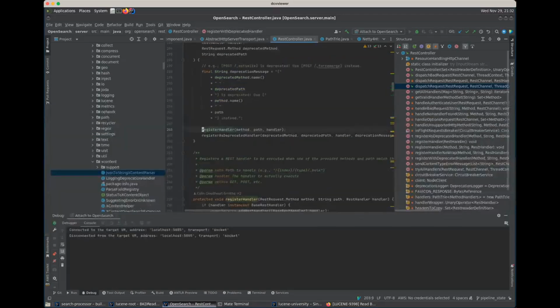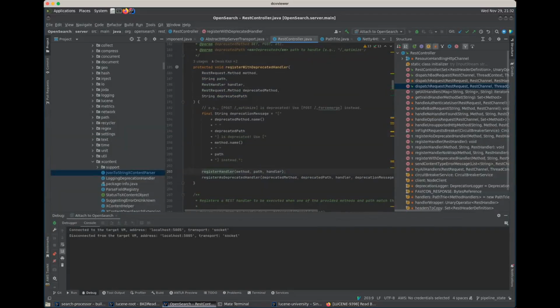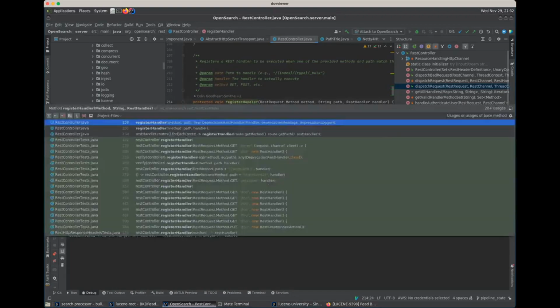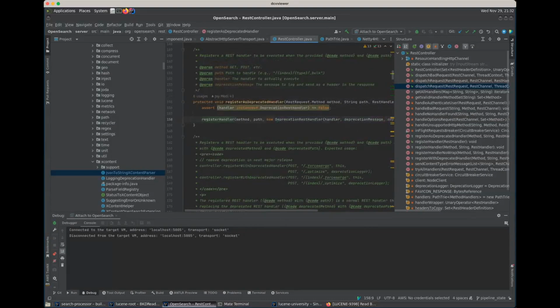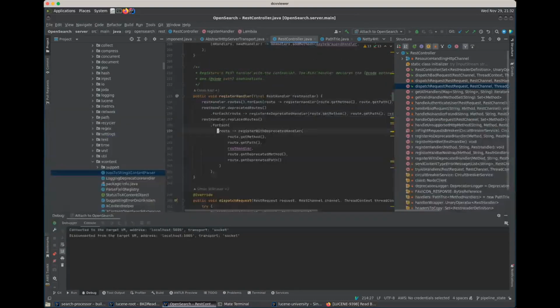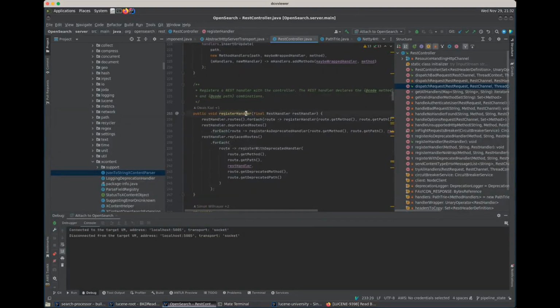So this one? Or am I going to the same spot again? No, I'm basically going to the same spot. Ah, yes. Okay. So this register handler, the public register handler, this is the one where